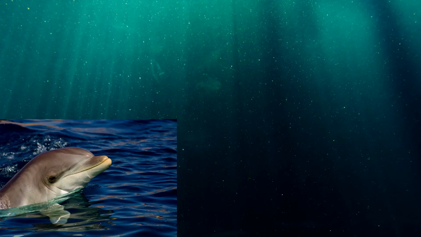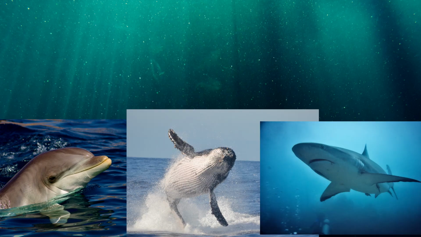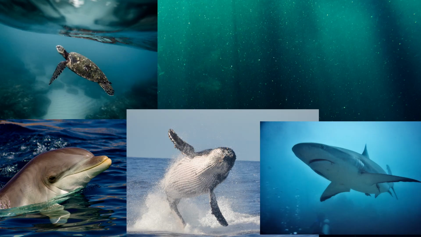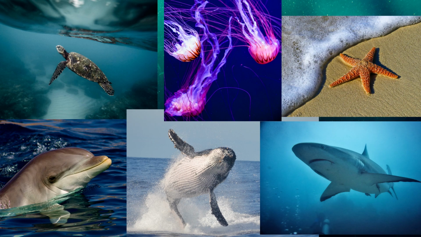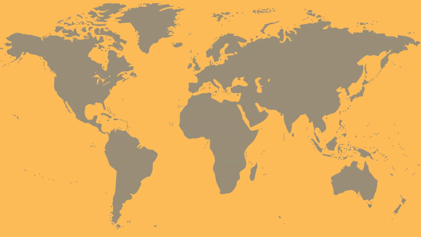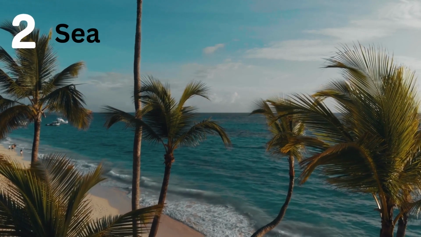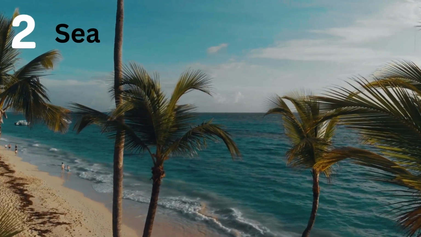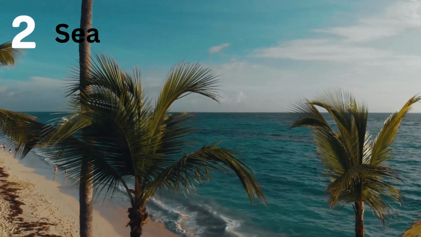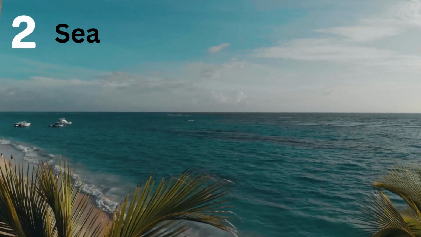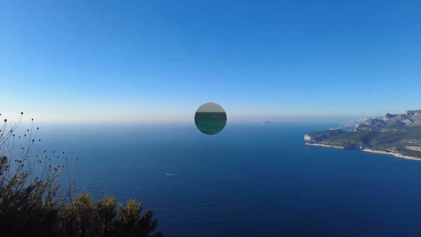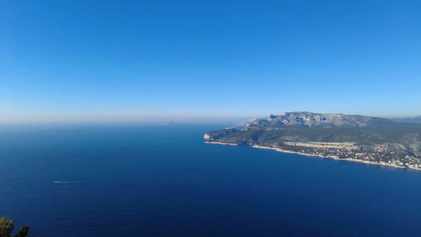There are millions of species under the oceans like whales, sharks, sea turtles, marine invertebrates like jellyfish, starfish and many more. All the oceans are connected to each other, but on the basis of their location we named them Pacific Ocean, the largest one, Antarctic, Arctic, Atlantic and Indian. Second salty water resource is sea. It is the portion of the ocean that is partly surrounded by land, like the Arabian Sea is a part of the Indian Ocean. Mediterranean Sea is a portion of the Atlantic Ocean.